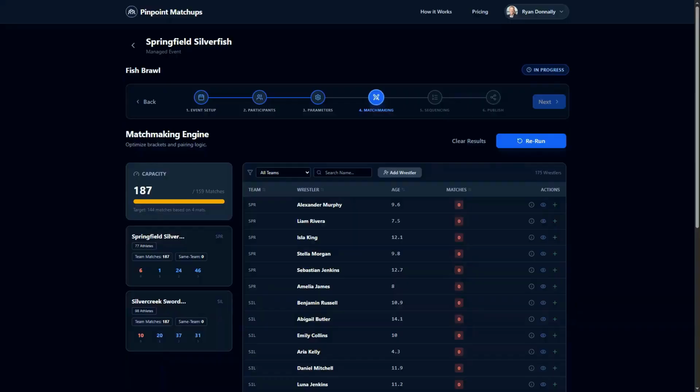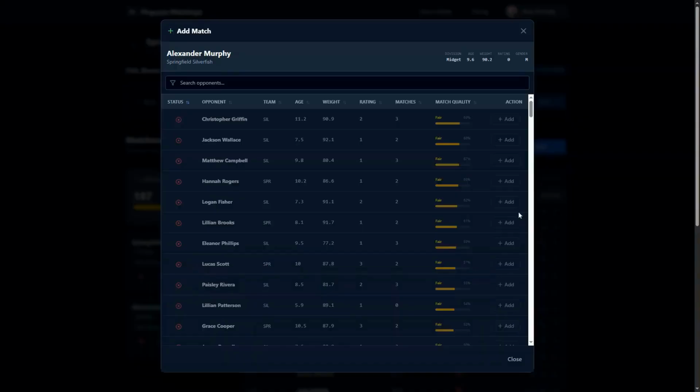From here, you'll be able to add or remove matches for a given wrestler, or add or remove wrestlers from the event. The table is initially sorted by wrestlers with 0 qualified matches, based on the parameters set in Step 3. We'll start by adding a match for Alexander Murphy. To do this, you'll click the Add Match button, which will display a window with all possible matchups for this